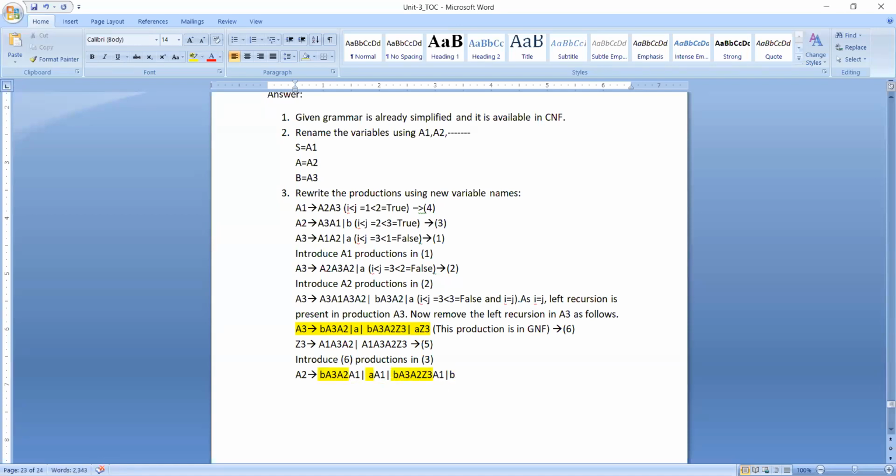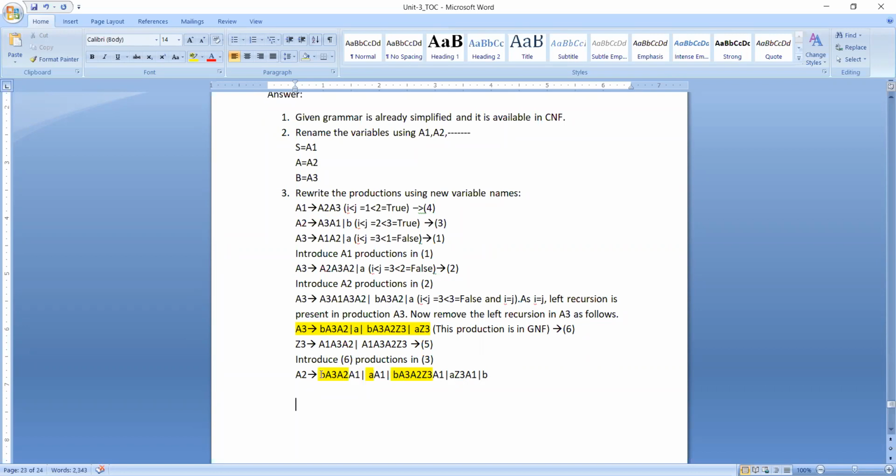Where is this A1 coming from? You can see here we have a production called A3 A1, and I am rewriting the A3 productions using 6. Then what is the next one? We have small a, Z3 and A1 or B. A1 or B.